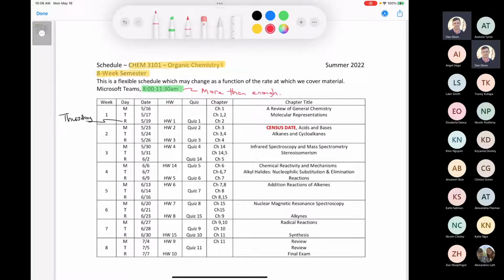And you see that the first day, today, May 16th, we're starting with Chapter 1, and Chapter 1 is nothing more than a review. So these are things that you would have covered in General Chemistry 1 and General Chemistry 2. Here at UCCS, the course codes are Chemistry, so it'd be Chem 1401 and Chem 1411. And I'm sure that many of you have taken Chemistry 1411 recently. So again, today we're going to cover a review of general chemistry. I don't know if we'll get through the entire chapter, but if we don't, we'll save some of it for